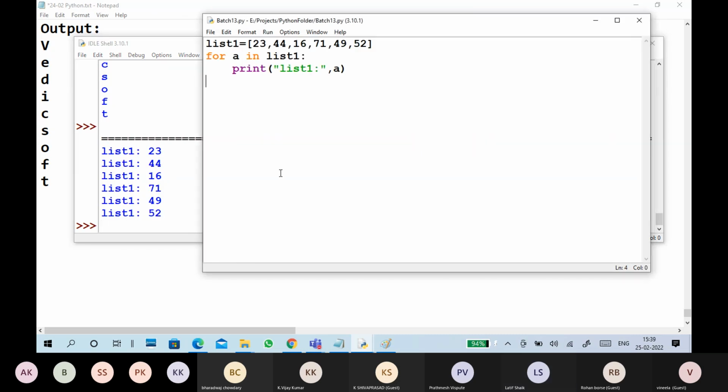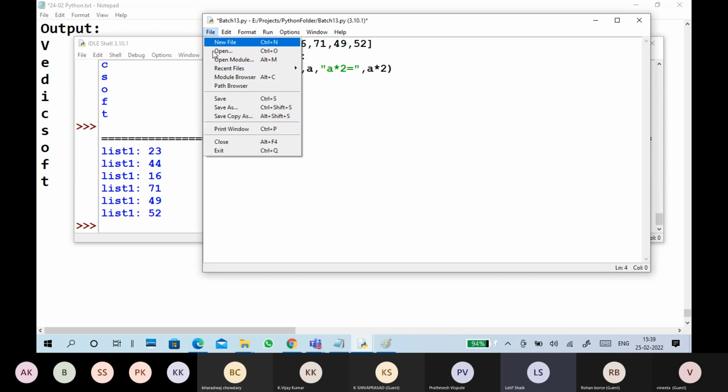If you want to do other things, like print a, comma, a multiply by 2, a into 2.